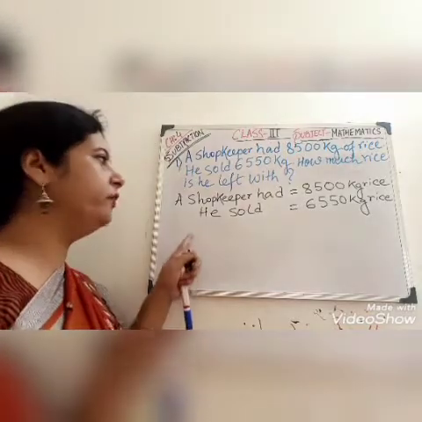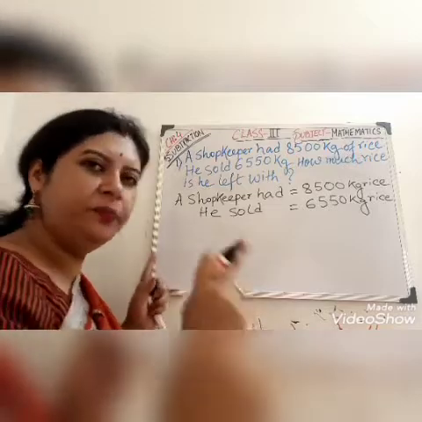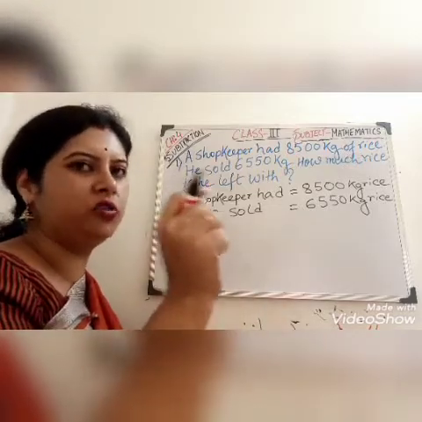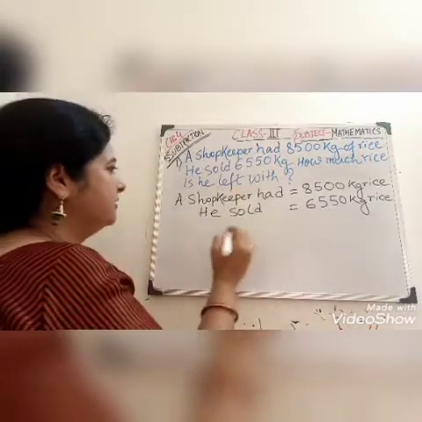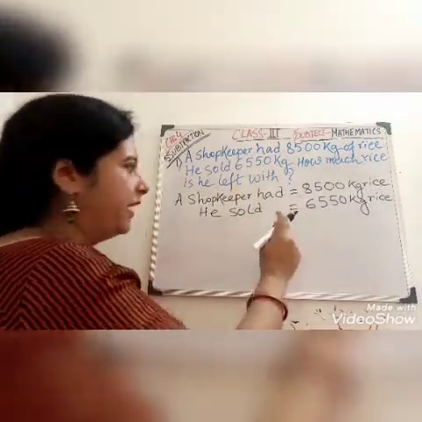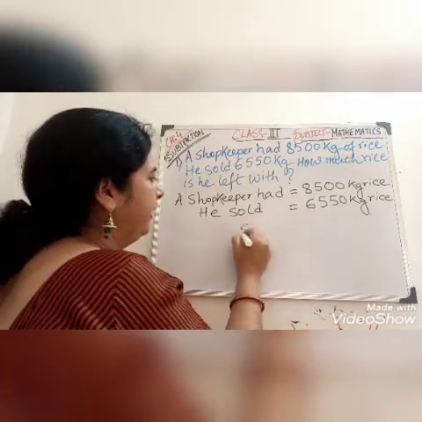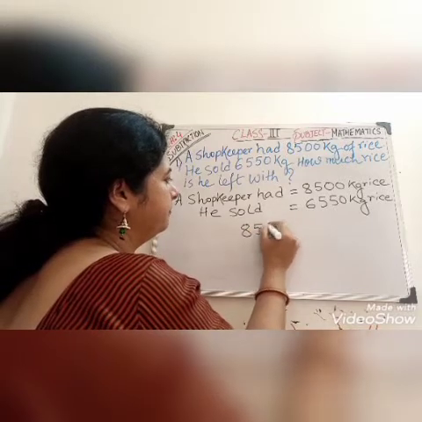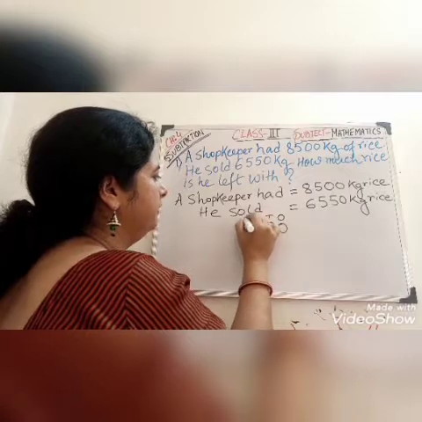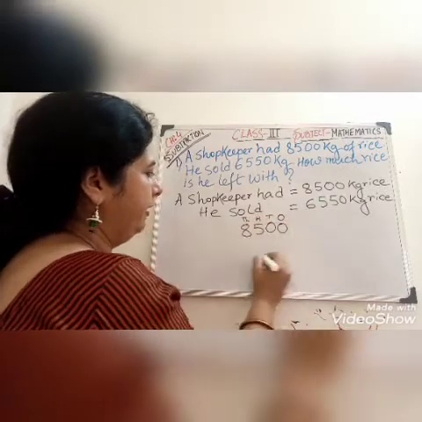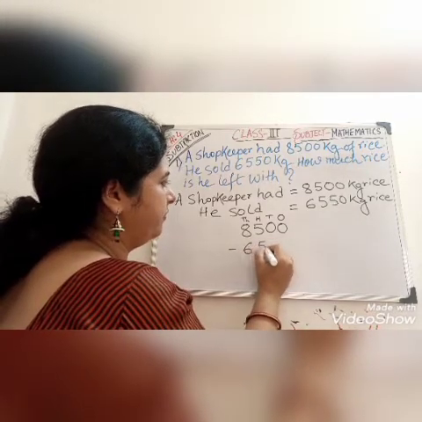Here, children, always write the instruction in one line. Okay. So if it is a bigger instruction, then write it small and fit it into a line. Clear? Next, now we are going to subtract this number. So we write the number here again, 8,500. Write down ones, tens, hundreds, thousands, and put the subtrahend here, 6,550.